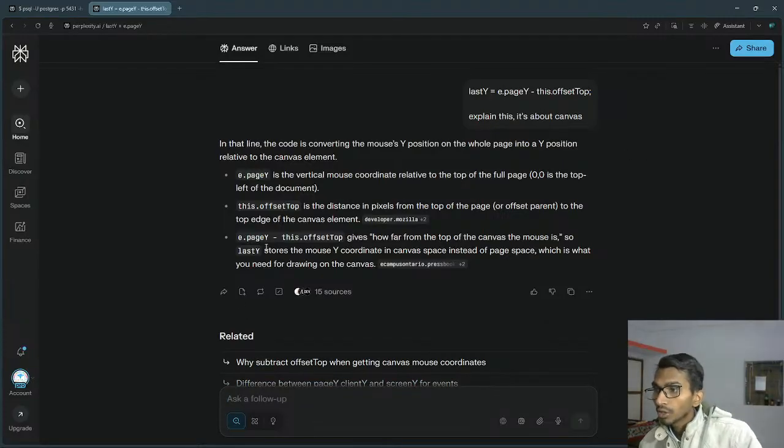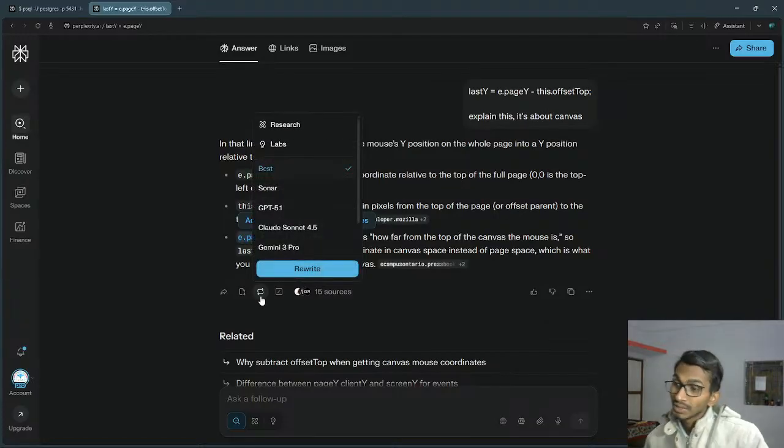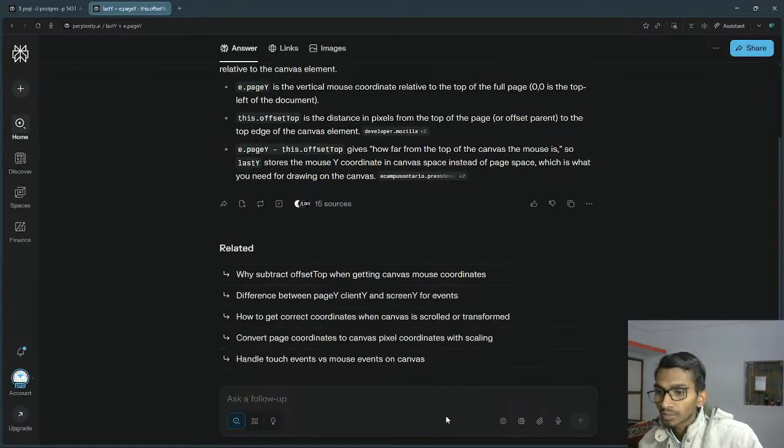So e dot page y is the current position of the mouse. Okay, but the thing is that there is offset as well. If there is offset, so I have to subtract that offset, so that I just get the